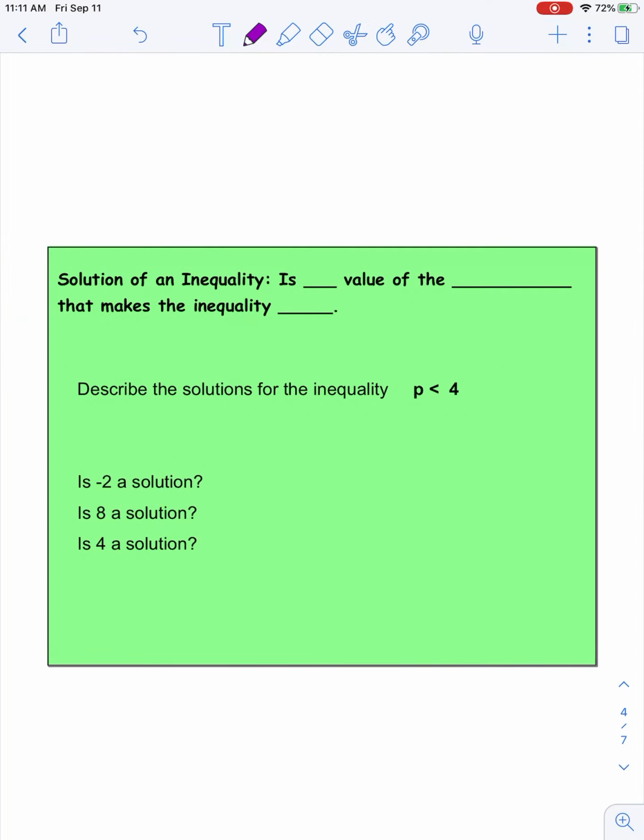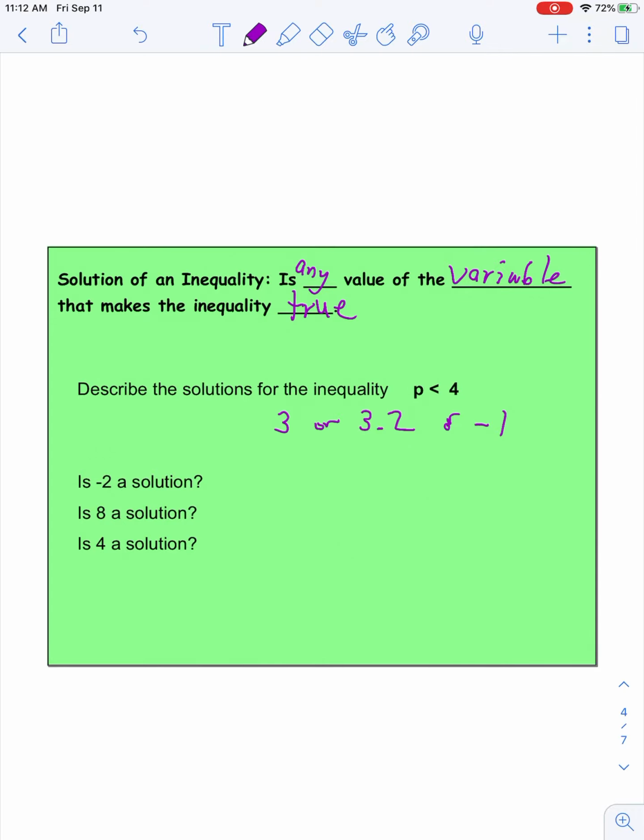So let's talk a little bit about solutions. The solution of an inequality is any value of the variable, really, not just one most of the time, that makes the inequality true. So if I were to describe the solutions for this inequality, any value P that's less than 4, I could say 3, that's less than 4, or 3.2, that's less than 4, or -1, that's less than 4. But I can't possibly